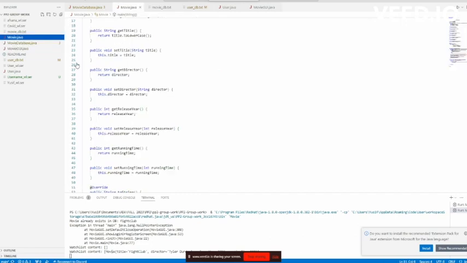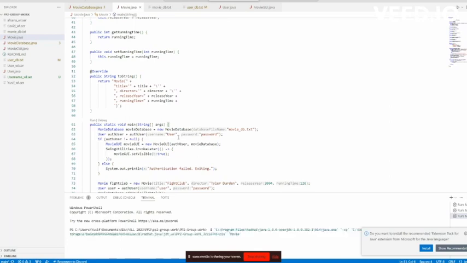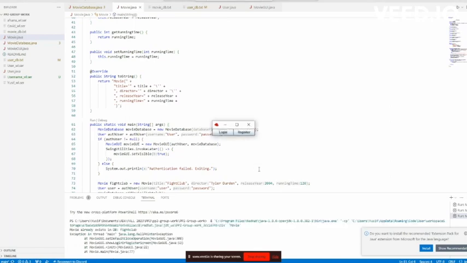Now let's run the code so we can have a better view of what all this is about. As you can see, we have two options when we just run the code. We have login, we have register. So let's start with register. For example, let's call this PP2. Register. Now, as you can see, there is this file called PP2WL, which means the PP2 watch list serialization file. Now if we log in,